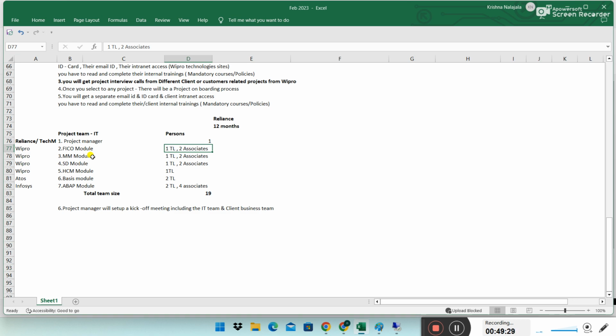That is the reason introduction is needed, so that everybody knows who is who on the IT side first. Next, business will start giving introductions. So maybe they'll say, "Hey, I am Krishna. I am with Reliance for the last 20 years. I am taking care of